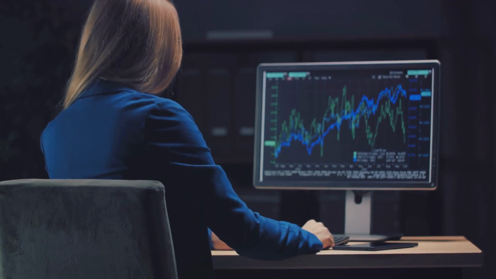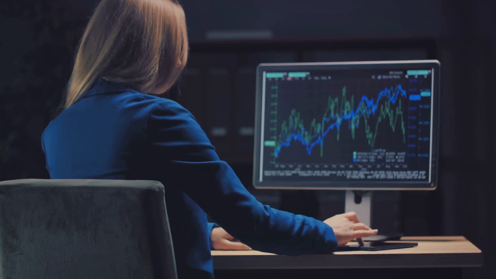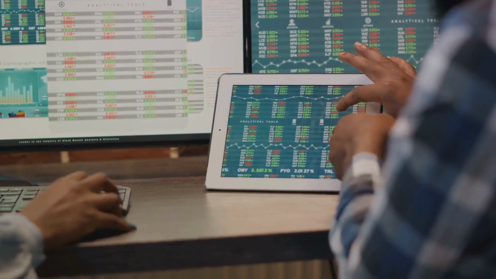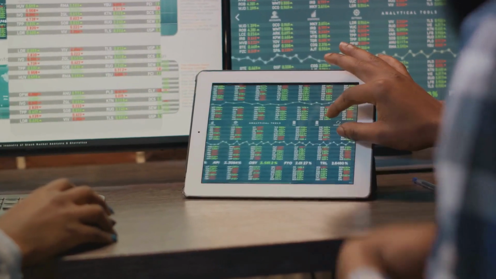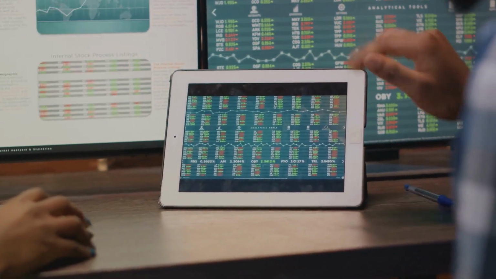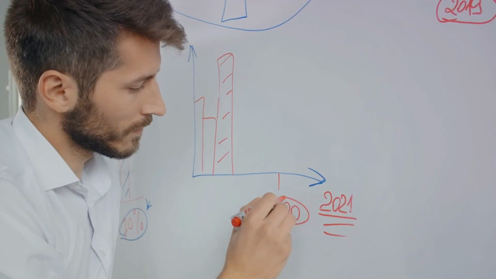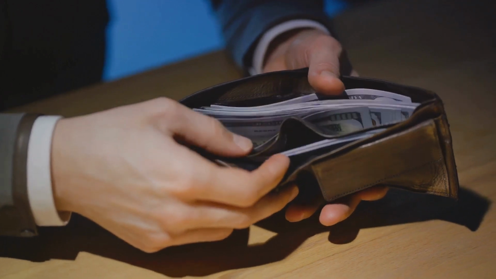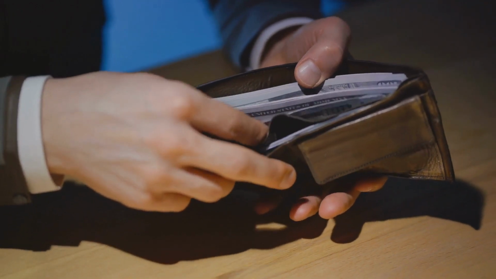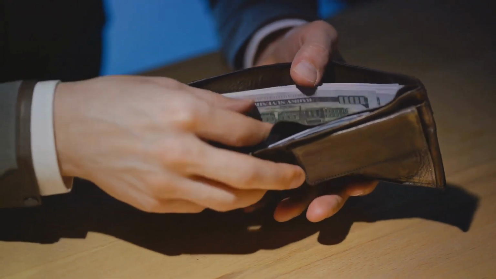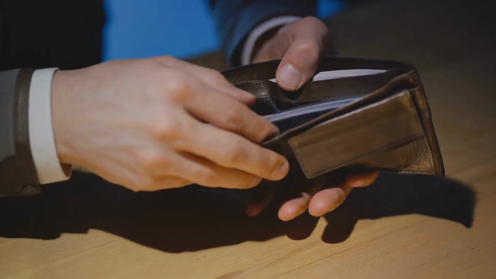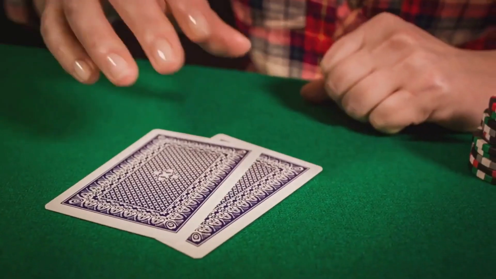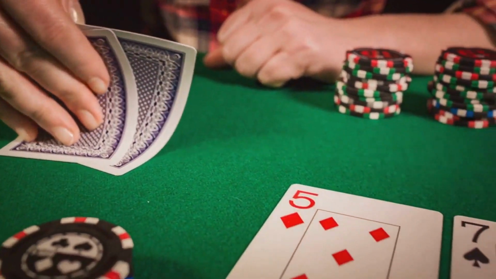Why is it so important, you ask? Well, even the most successful bettors occasionally go through losing streaks. Bankroll management helps to mitigate the damage from these unavoidable downturns, ensuring you have enough capital to bounce back when your luck returns. Now let's get down to the brass tacks of managing your bankroll effectively. First off, establish your betting bankroll. This should be money you can afford to lose, separate from your day-to-day expenses. Never bet with money you need for rent, groceries, or other essential bills.